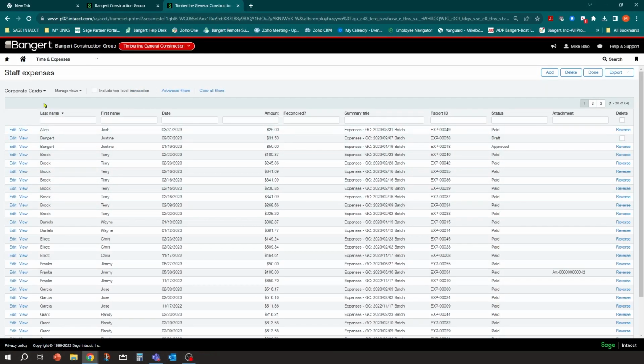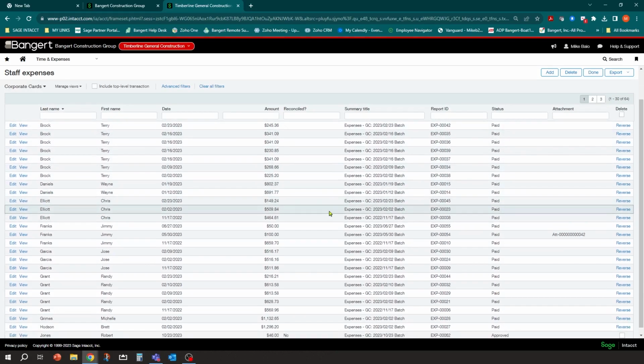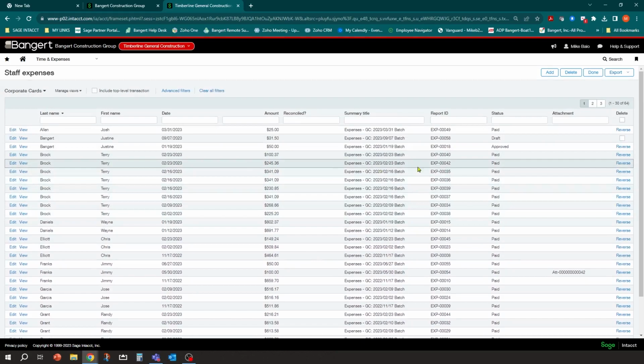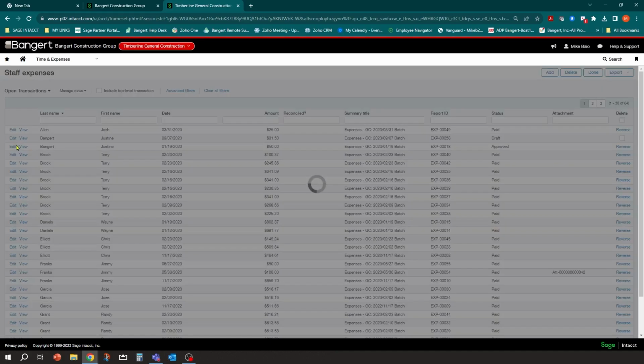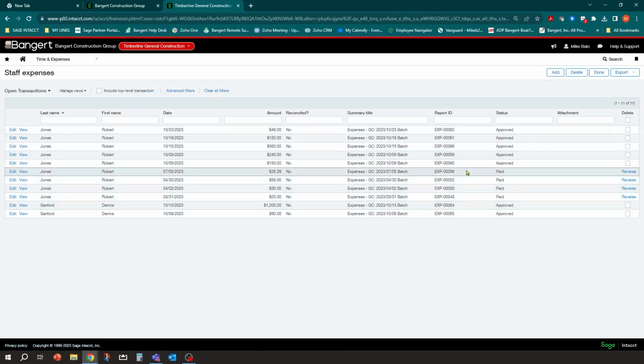And you'll see here I have a list of transactions or expenses that have already been entered into the system. Now some are in here because this is demo data and some of these are reimbursables. What's really nice with Intacct is you can make your own views. So for example, I made a view of just open transactions, just transactions that have not been reconciled yet for each of the employees' credit cards. So you can see here, there's all my individual charges that have already been entered into the system, and you can pick and select your own columns, like a description of the charge, which I don't have on there right now, whether it's been reconciled or not, and who the employee is.